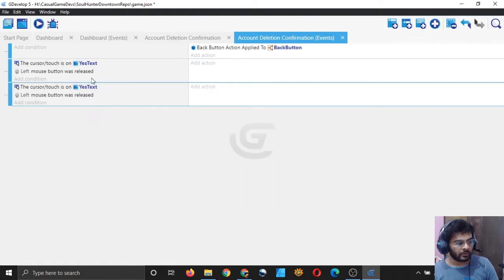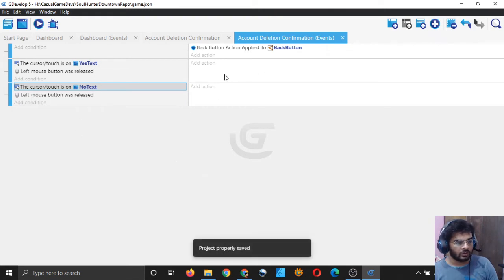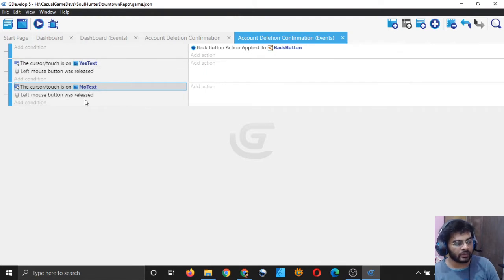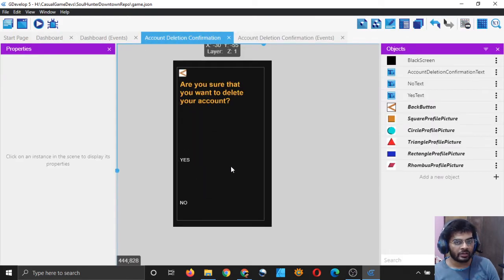So you have two of them now. In the second one you can simply change the yes text to no text and select the no text. So I have two events where I am checking whether the user is clicking or touching on yes text or no text.